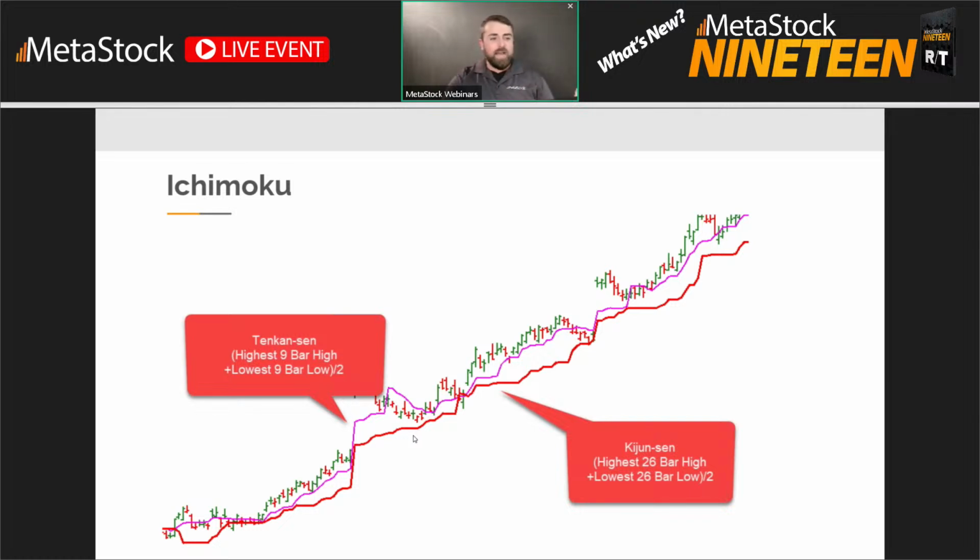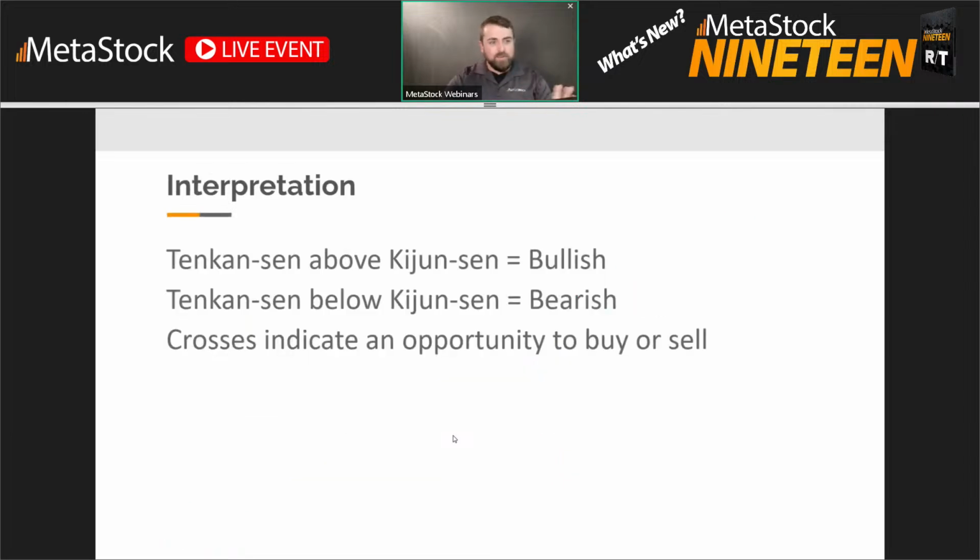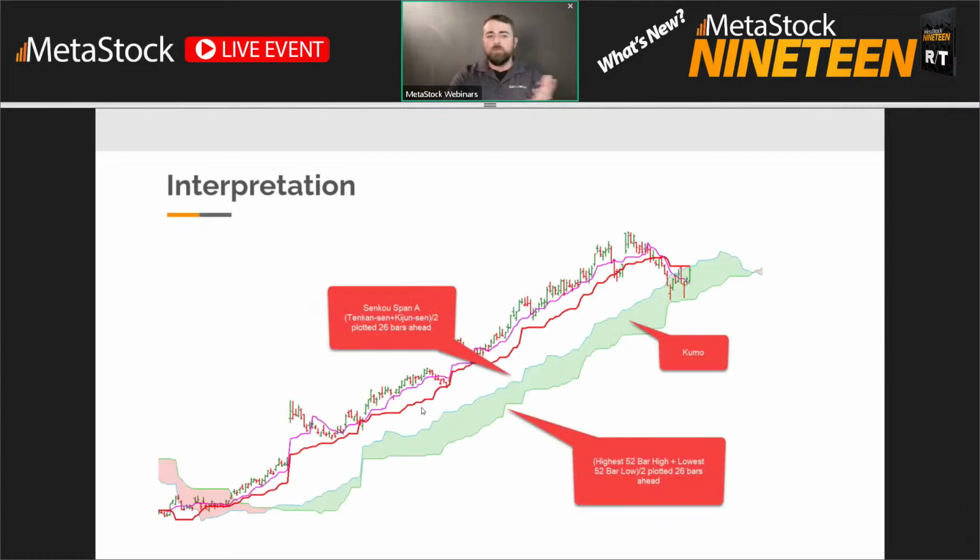I'm already past the 1 hour mark, so I'm not going to do a full, this is how Ichimoku works, but we have a few videos out on it. And again, this was like a $600 trading system that is now included for free in version 19. Everything of how to utilize it, how to interpret it, etc., is included. It's one of my favorite things about it because it can be a little overwhelming at first, but once you apply the expert commentary, it gives you all the guidance that you need. It helps you understand what the different clouds are doing and what they mean when you're in a bullish zone or a bearish zone, etc.